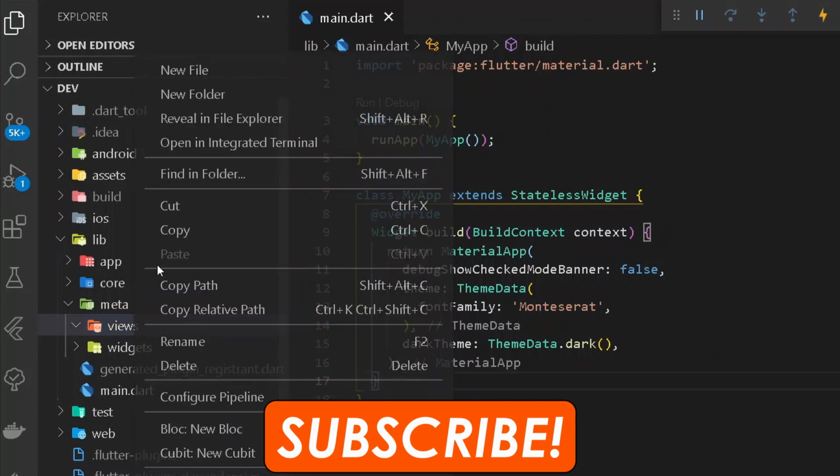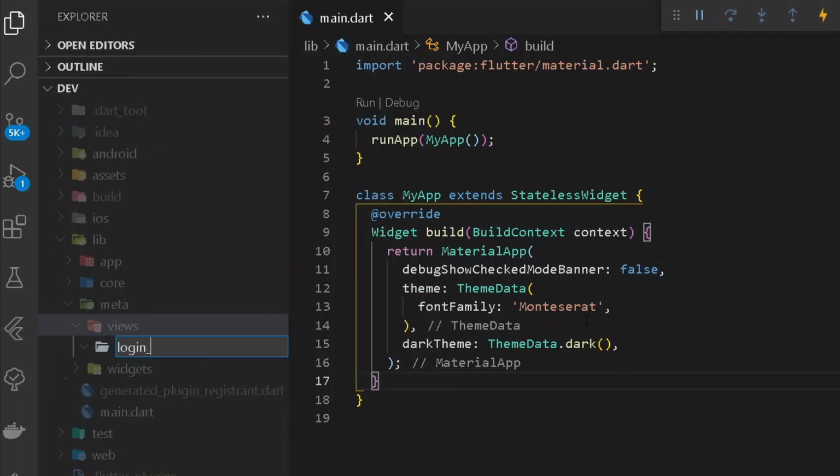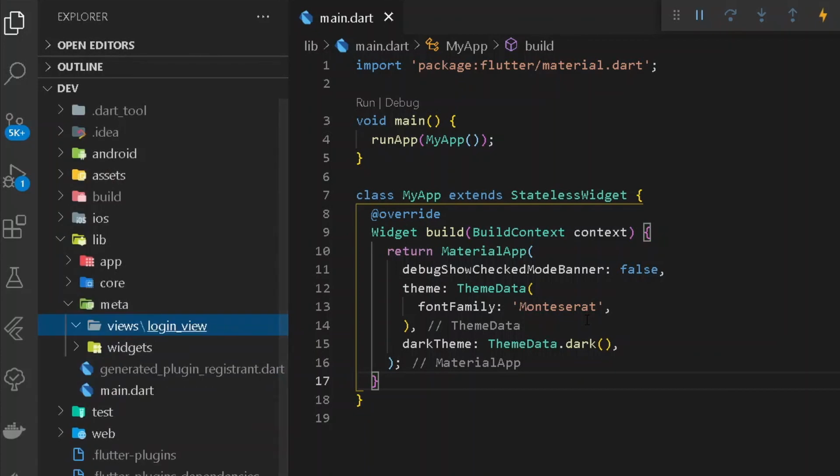Alright, a bad joke. So now we can go under our project folder, and under our meta, under our views, we shall be creating a new view for our login. So here let's create a new folder of login view. I will be creating a separate folder for all the views, because along with the view we shall also be requiring the widgets for a particular view, and we shall be carrying out all the widgets under a separate file so that our code will be more manageable and easy to view.